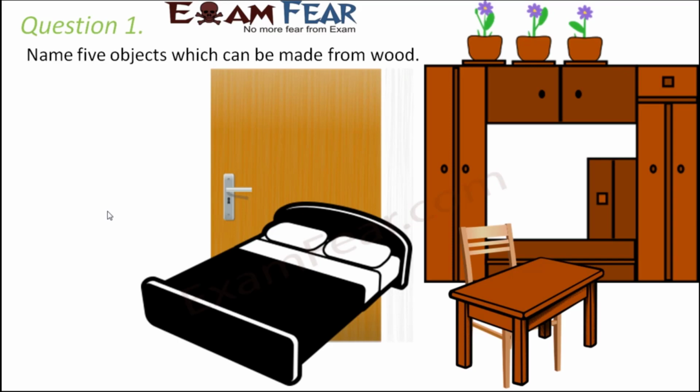A lot of things in your house are made up of wood. In fact, most of the furniture, whether you talk about bed, table, chairs, doors, or almirah or cupboards, they are all made up of wood. So wood can be a constituent for all of these. Now, why do you think wood can be used to make this furniture? So one thing is because wood is opaque, because you do not want your door to be transparent so that people from outside can see everything that is present inside your house, right?